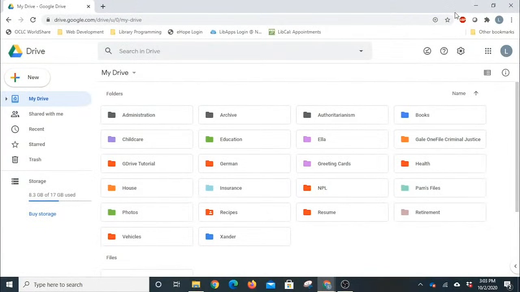Hey, everyone, welcome into my Google Drive here. In this episode, I'd like to take some time to show you how I use Google Drive. So I'm going to show you some practical uses for Google Drive today. So the first thing I want to show you is how I use Google Drive to keep track of vehicle repairs. So I have this folder here called Vehicles,